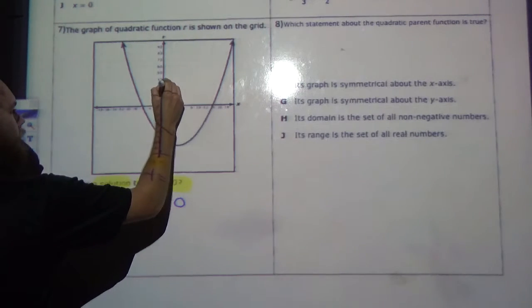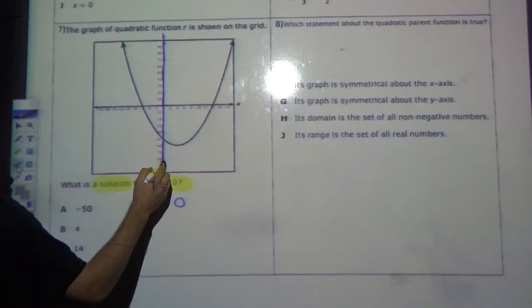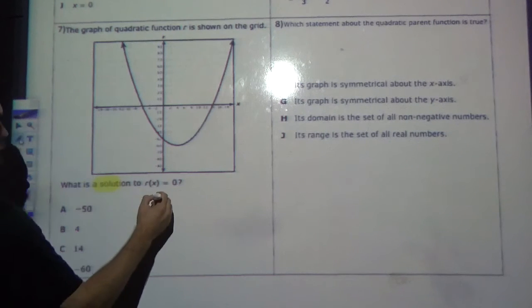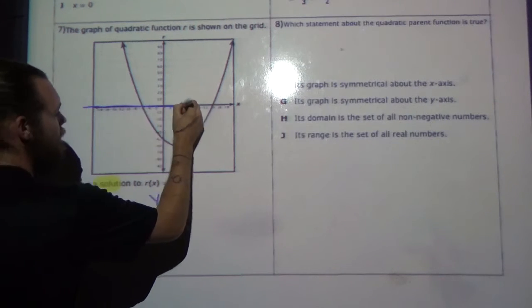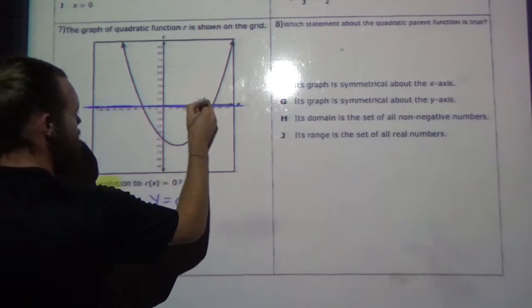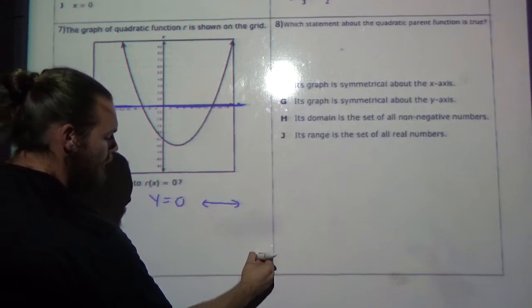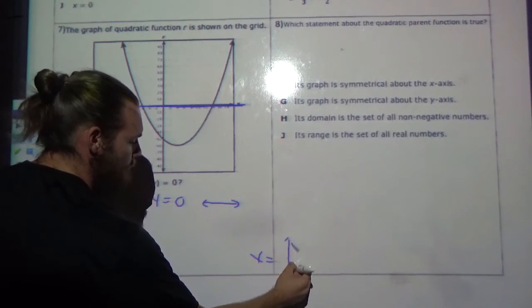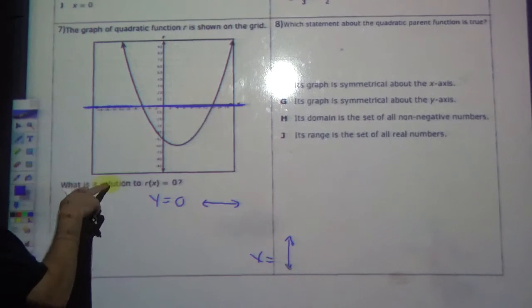Y equals 0 is right down that line. I'm sorry, that is wrong. Y equals 0 is a flat line at 0. Remember, y equals is a flat line. X equals is a straight up and down line. So, they want to know a solution,